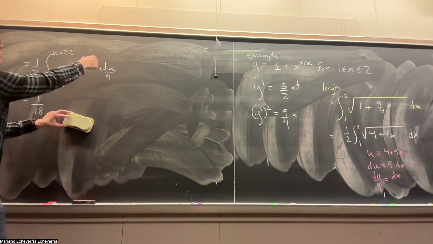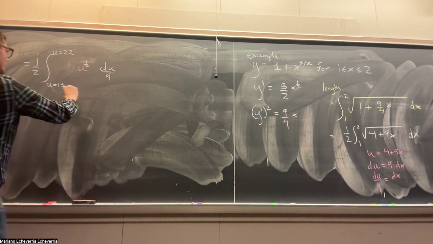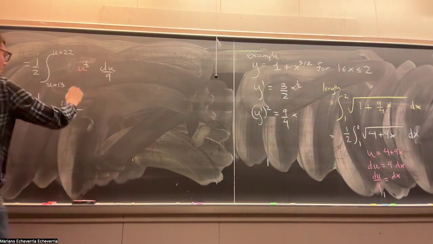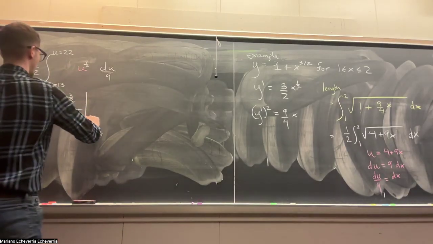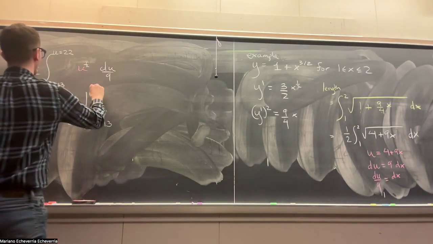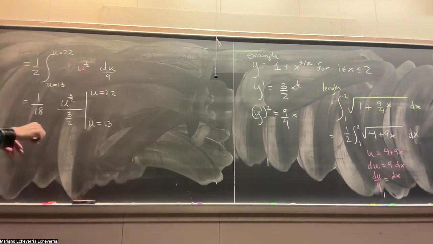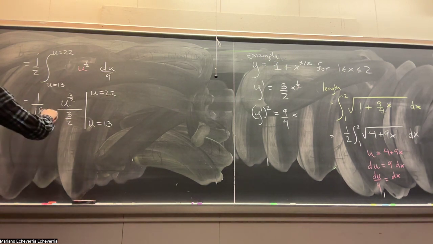And then you add 1 to the exponent, so it becomes u to the 3/2. And then you divide by that number, so you divide by 3/2. And this has to be evaluated at the bounds. So it will give you a 2/3, right? So it becomes 2 over